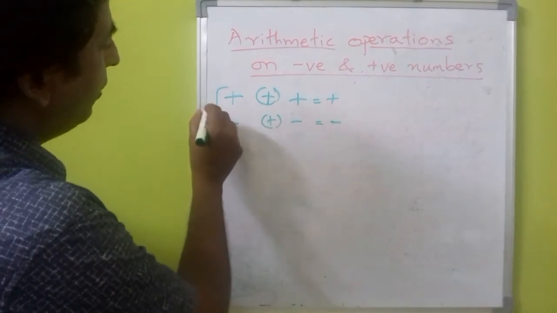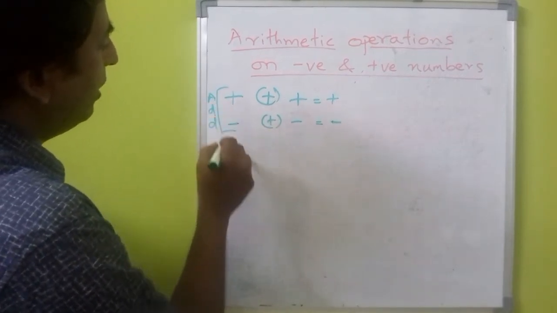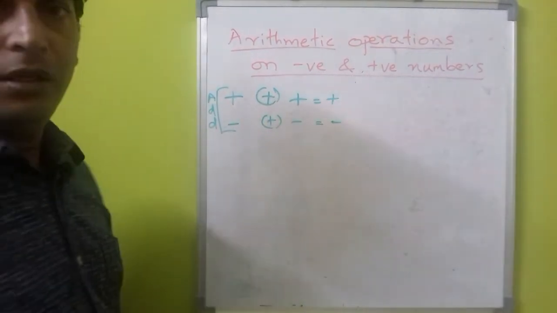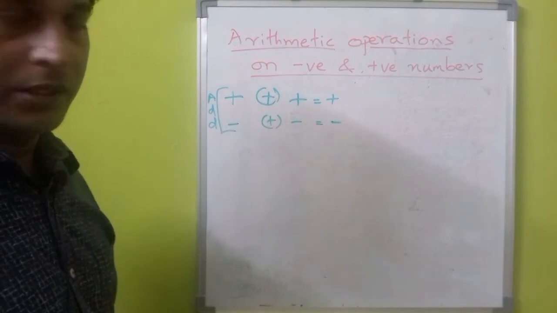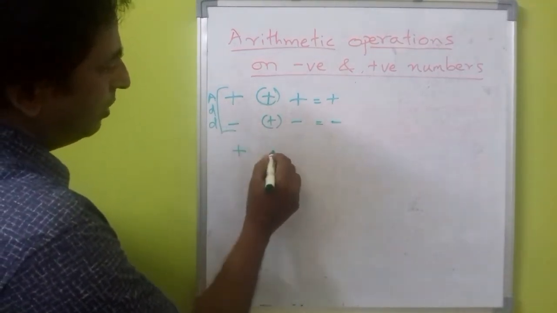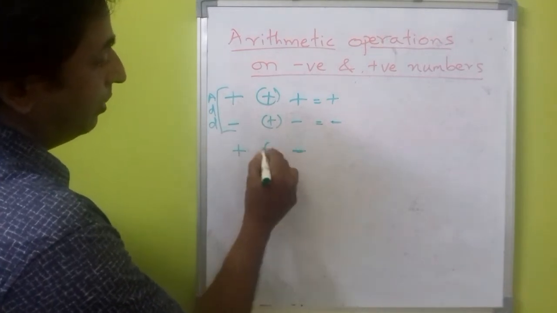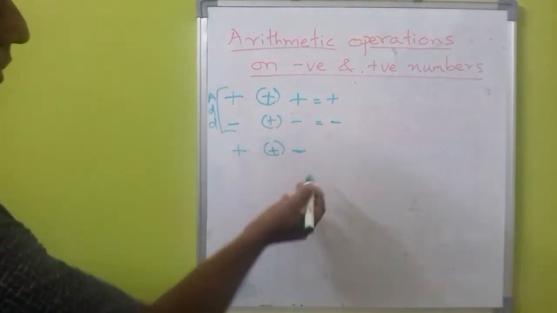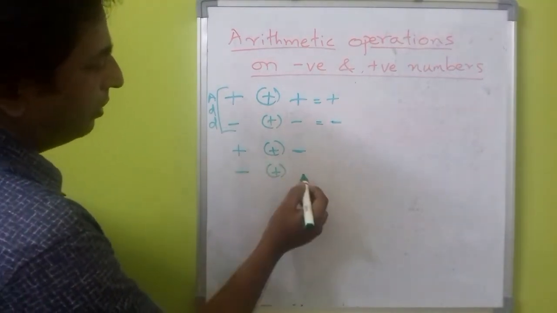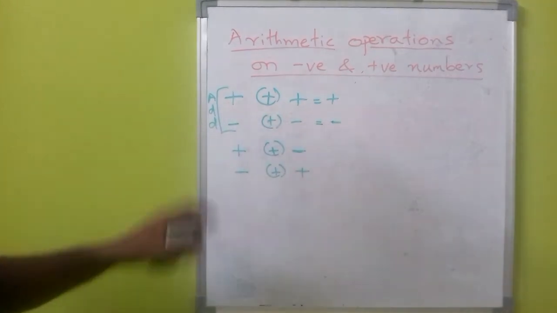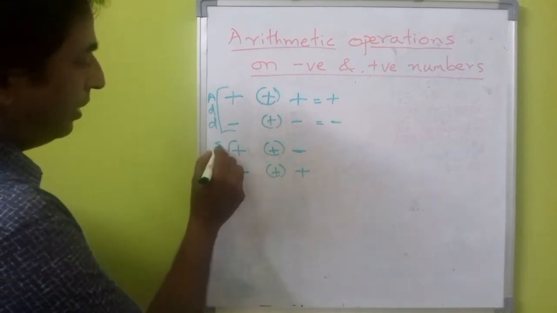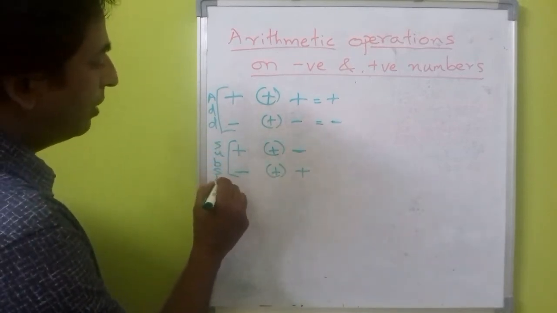Okay. Now in both these cases we added the numbers and the sign of the numbers is applied on the result. Now the change is when one positive number is added to a negative number. Here the signs are different, or you can take it this way also, that is a negative number added to a positive number. In both these cases, what you need to do is subtract. Here you will not be adding it, you will subtract